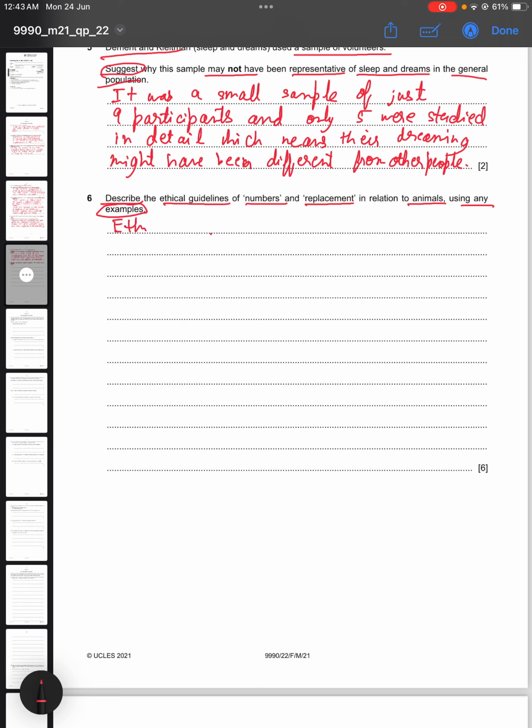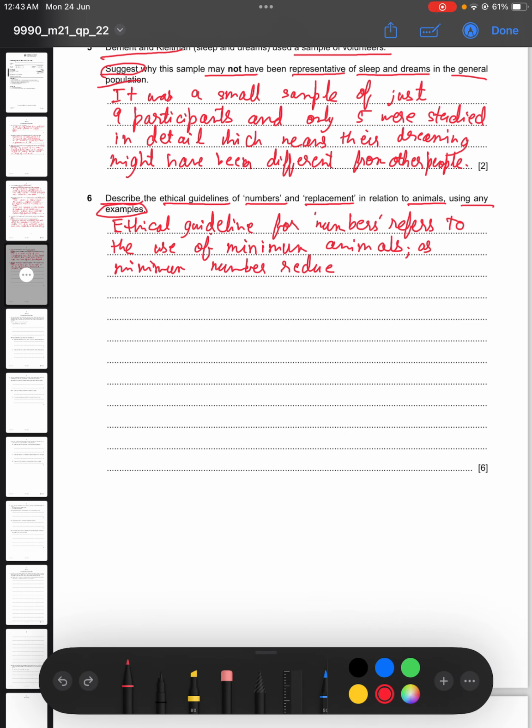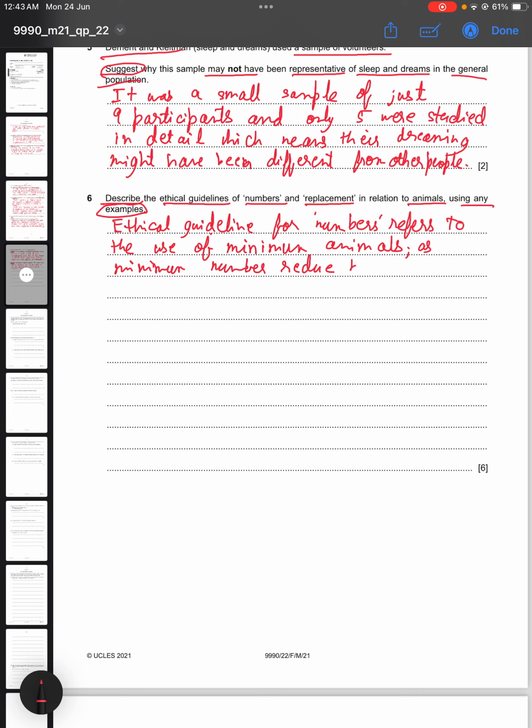Let's say the ethical guideline for numbers refers to the use of minimum animals, as a minimum number of animals reduces harm or distress to many animals,